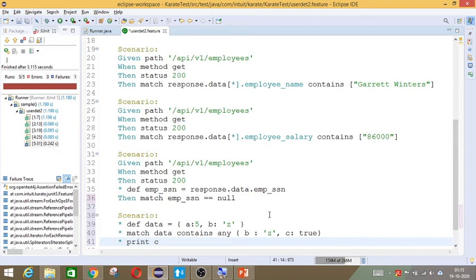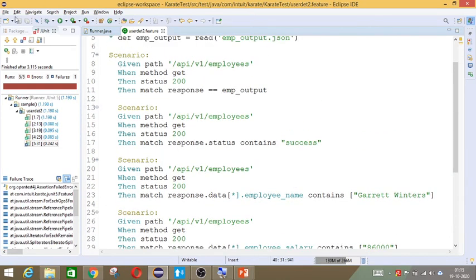Now what happens is, you have defined a data for which a is 5 and b is a string z or a character z. Now match data contains any b as z. So out of a as 5 and b as z, one is available. So it will assign c as true. Now we are asking c to be printed. We'll just see how it runs.